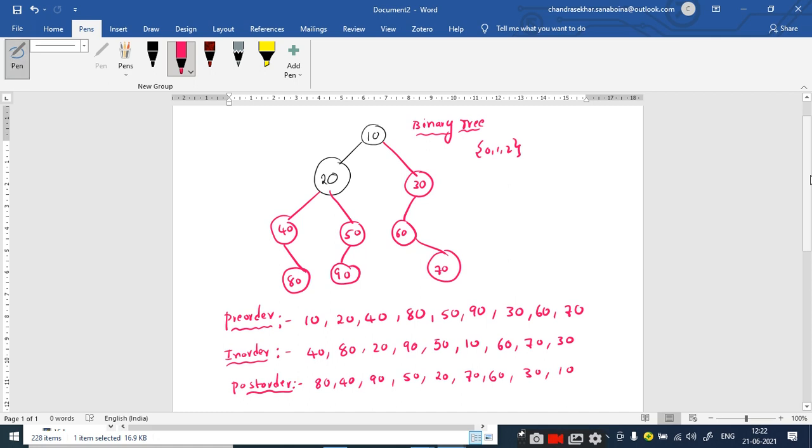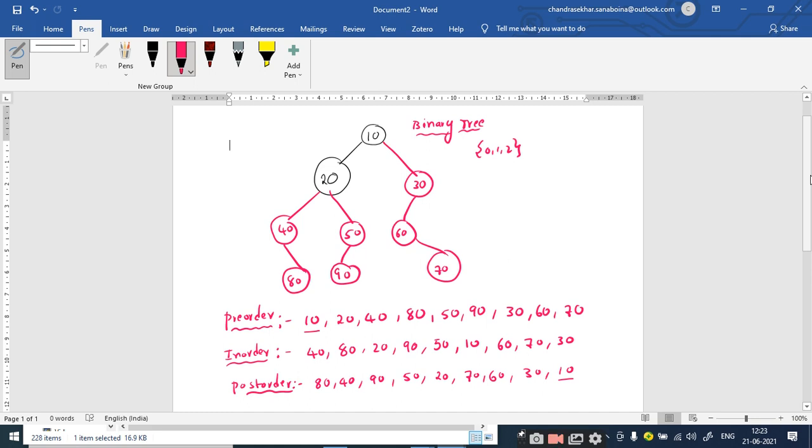If you observe the pre-order traversal, the first element 10 is the root node, and if you observe the post-order traversal, the last element 10 is the root node of the binary tree. By looking at the pre-order and post-order, you first identify the root node.